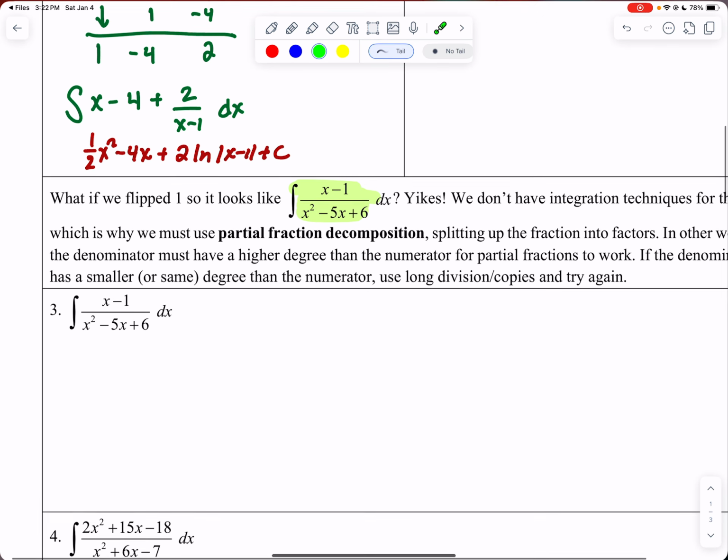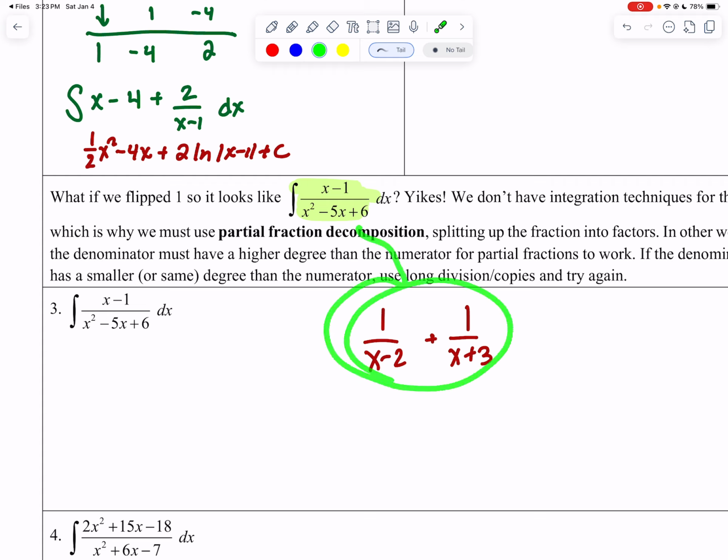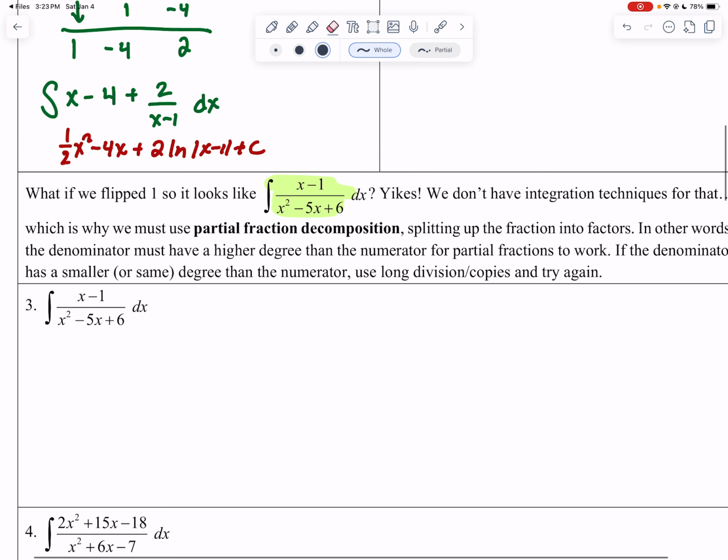So remember how in Math 3, we probably had something like 1 over x minus 2 plus 1 over x plus 3, and we told you find the sum. Now, if I give you the sum, in this case, x minus 1 over x squared minus 5x plus 6, how can we go back so that this looks something like this right here? Now, partial fraction decomposition